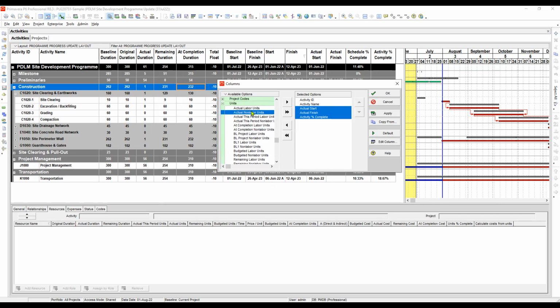That means this labor unit, the actual labor units, will be generated from the calculation of the specific resource. So we cannot input our updates for this item. So this is useless if we include this, because the actual labor units will depend on the resource assignment actual units input. What we need only here is the actual start and finish date of the activity,